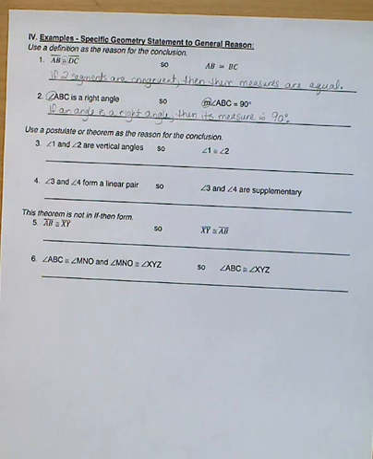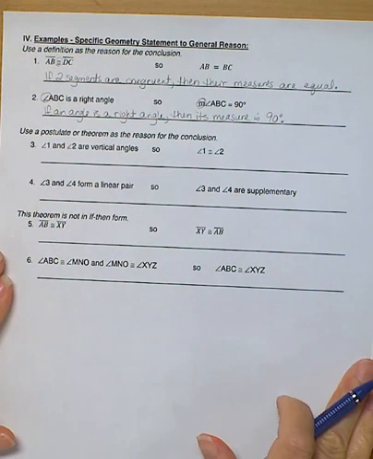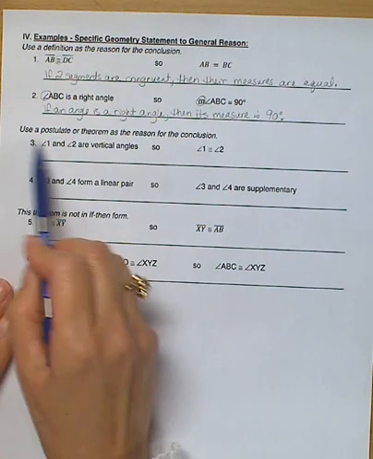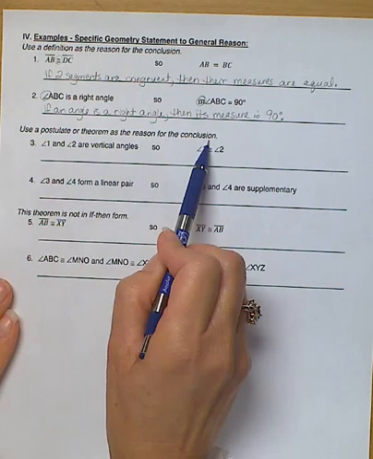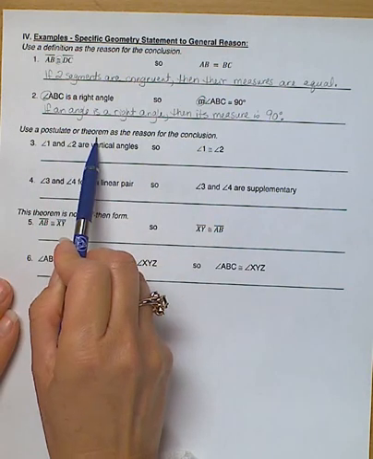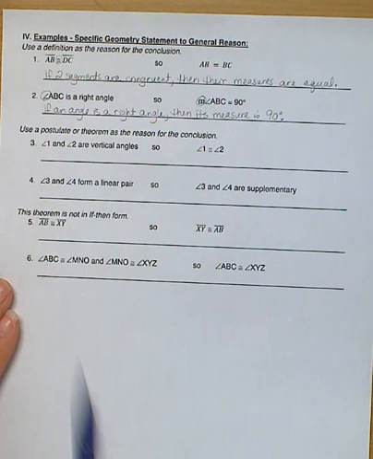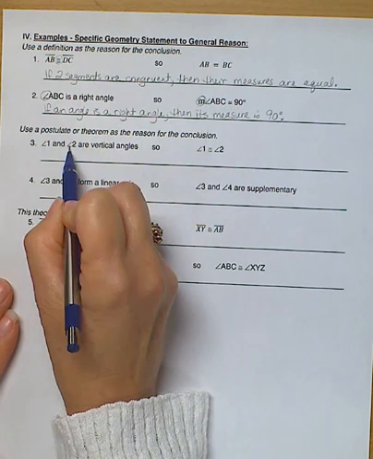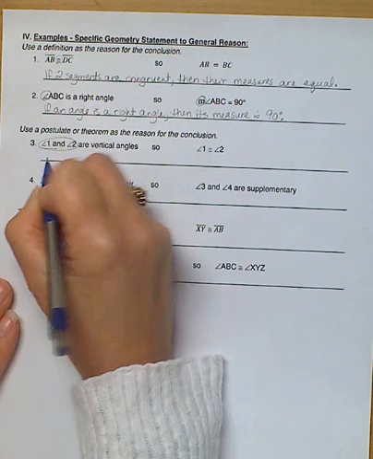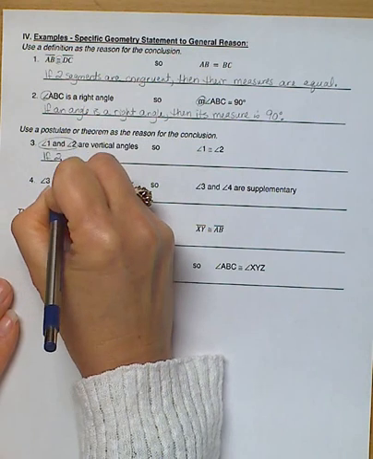Okay, so the next one says use a postulate or theorem as the reason for the conclusion. So you can look up your postulates and theorems, or again, use the trick. So what do we have? We have angles. How many of them do we have? We have 2. So if 2 angles. And if you want, you can use the symbol instead of writing out the word for angles. So if 2 angles